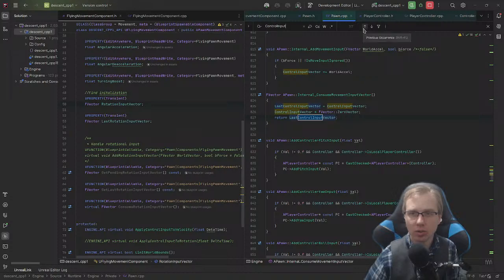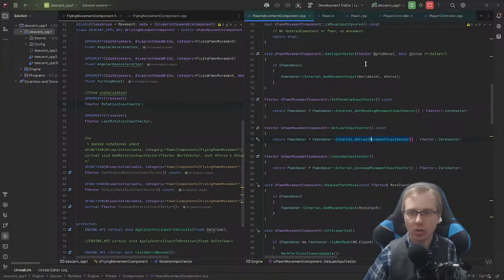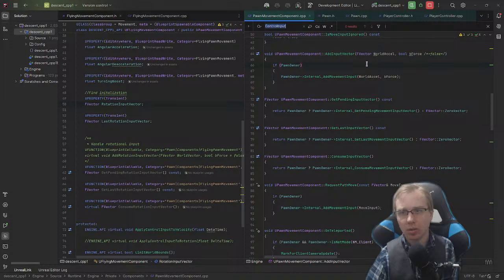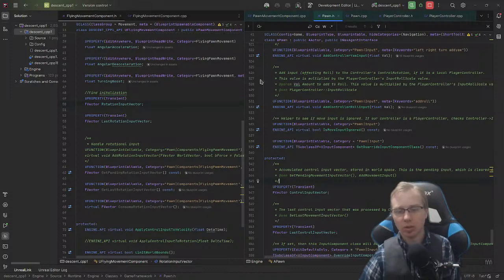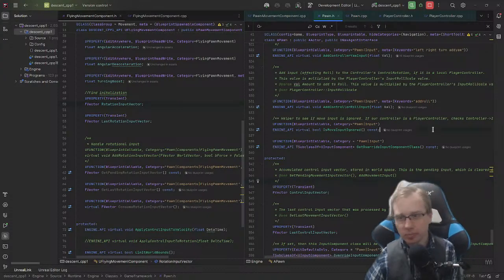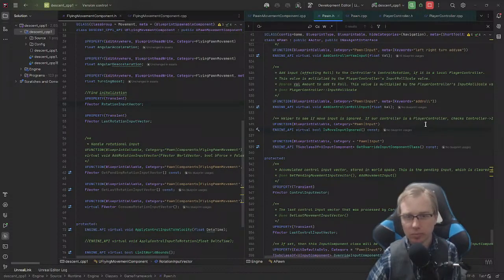That's interesting. That is very interesting. I suppose that makes sense. I am setting control input vector